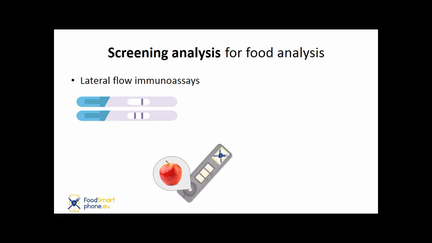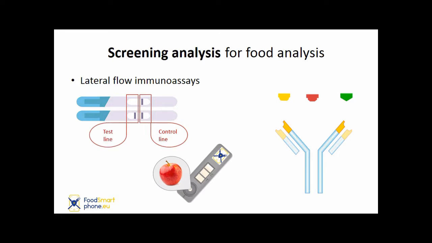A lateral flow immunoassay consists of a control line that shows whether the test is performed correctly or not, and a test line that shows whether the test is positive or negative. Both lines have antibodies on them. An antibody produces a signal when a specific substance is in the sample, and they don't when other substances are there. However, if a substance of the same physicochemical characteristics is in the sample, it might also produce a signal.